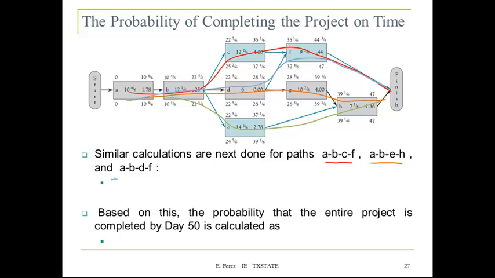The probabilities of each of these paths being completed by day 50 are